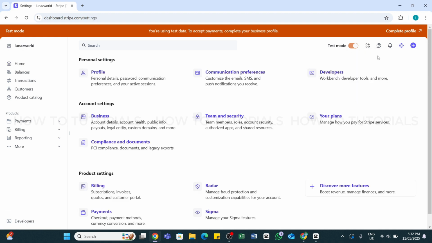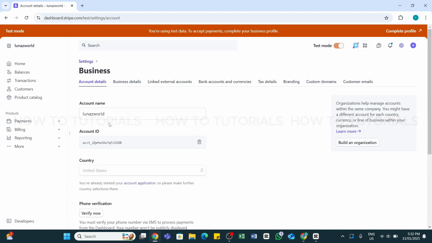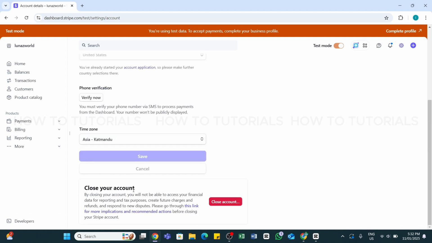Here now, you will need to locate the account settings section. Under it, you'll be able to see this business option. Simply click on it and then once you reach the business page, make sure the account details tab is selected. Now here you will need to scroll down and at the very bottom, you'll be able to locate the close